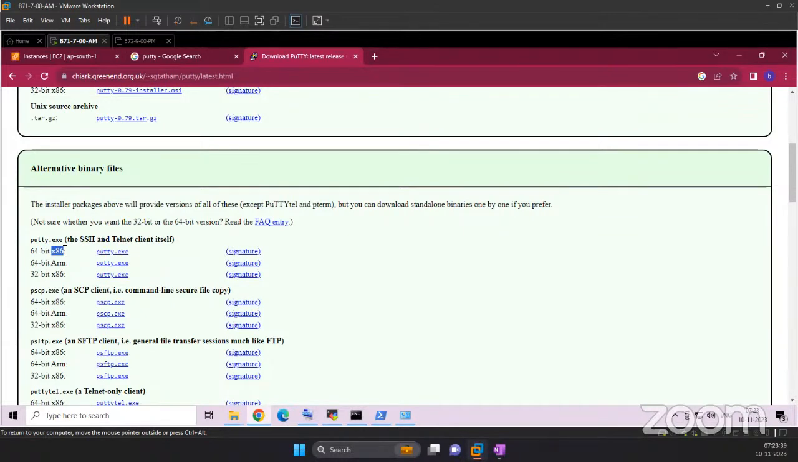Okay, and also if you have got an AMD processor, then also you should use x86. If you have got a 32-bit system, then you should download this version, 32-bit x86. Okay, now